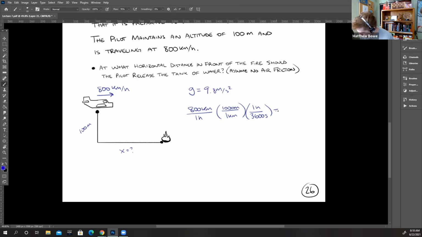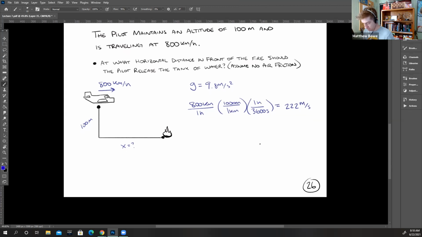So we should be getting a value of about 222 meters per second. That's how quick the plane is flying. All right, so now we can begin the problem. Okay, I'll just sort of underline that. We want to know, first off,